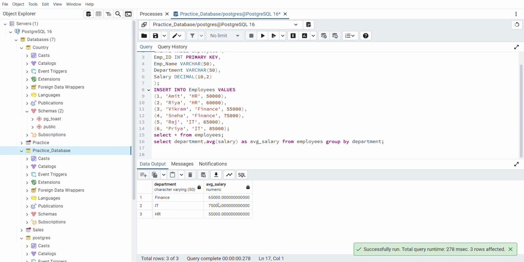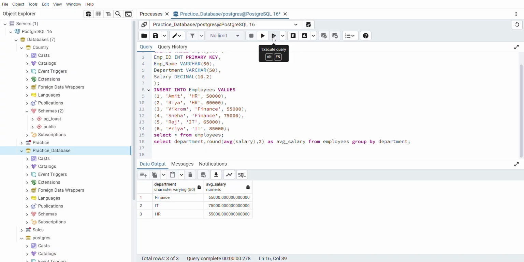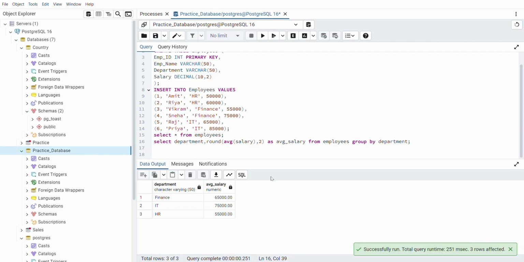Here we can see for finance it's this. Since it's giving lots of zeros, I'll round the figure up to 2 places after the decimal. So here we go, now it looks more clean. So 65,000, 75,000, and 55,000. Now what we have to do,